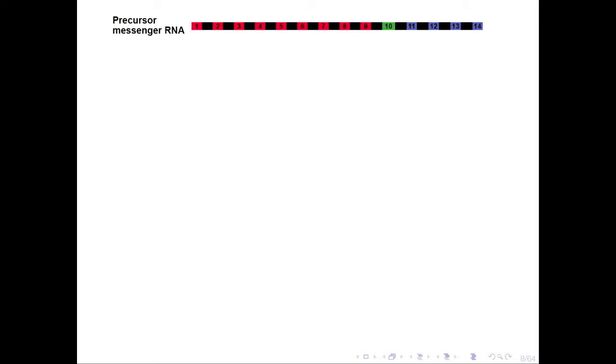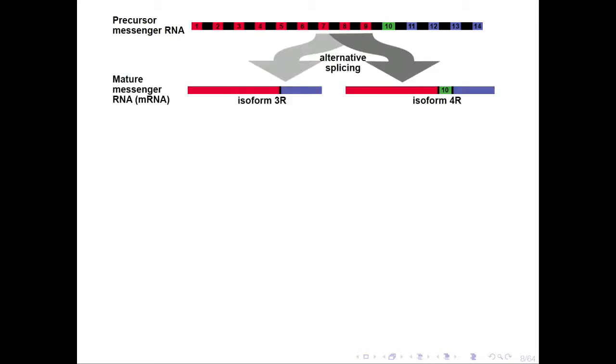The tau protein itself is transcribed from a gene that's made up of 14 exons. This is pretty typical for a human gene; the average is around 9. There's various alternative splicing that happens in tau, but I want to focus on exon 10, and you'll see the reason why in a second.